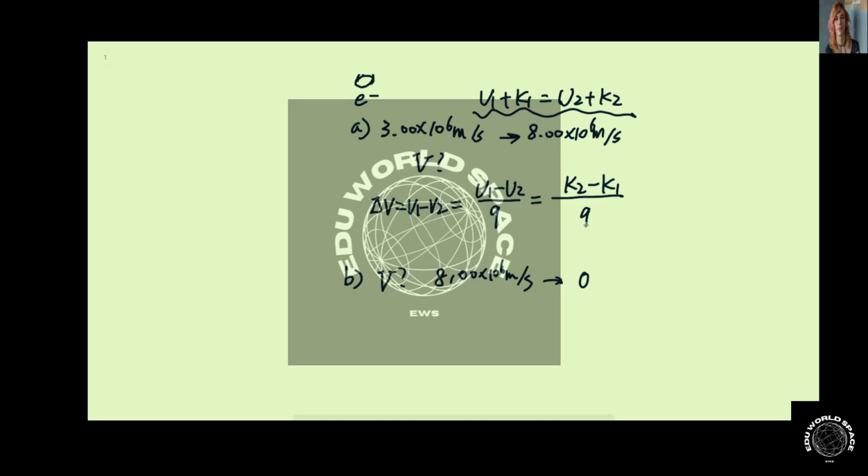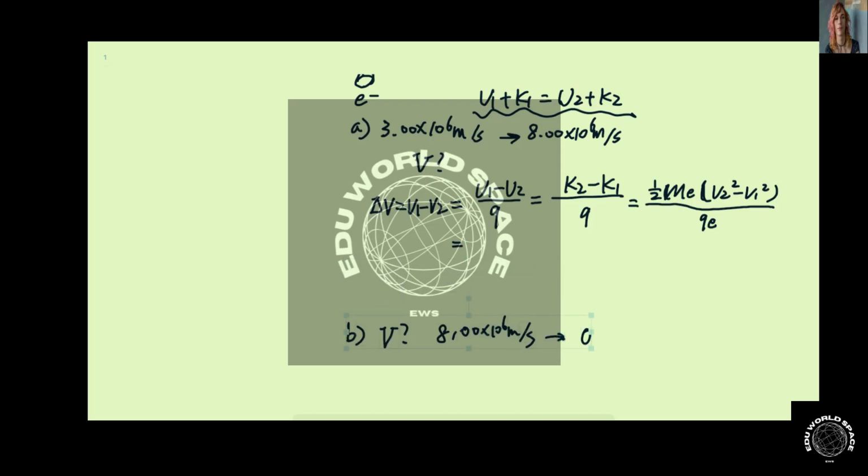So now we can plug in all the numbers here. We have kinetic energy is 1/2 of mv squared, so 1/2 me times v2 squared minus v1 squared, over the charge of the electron. Now we put in some numbers. 1/2 of the mass of an electron is, you can look it up, I think it's